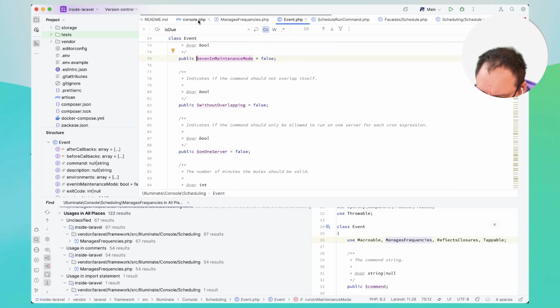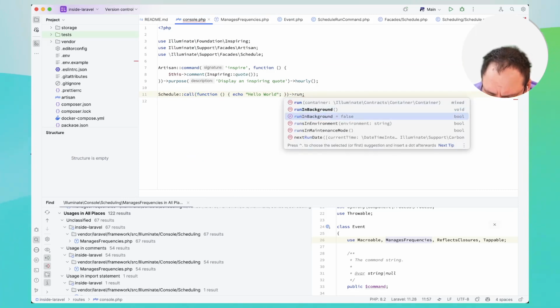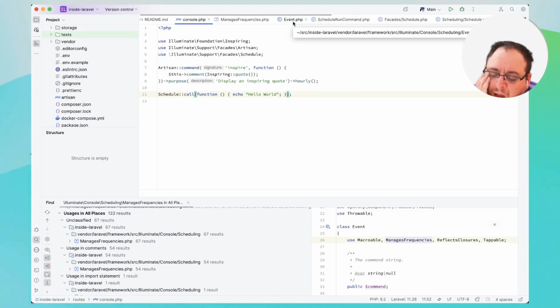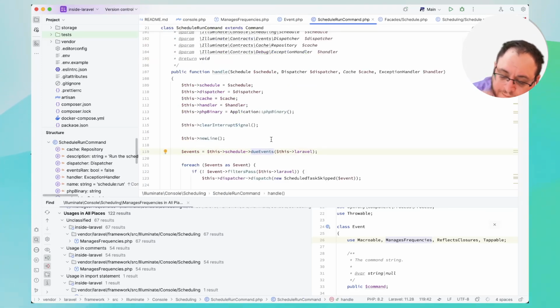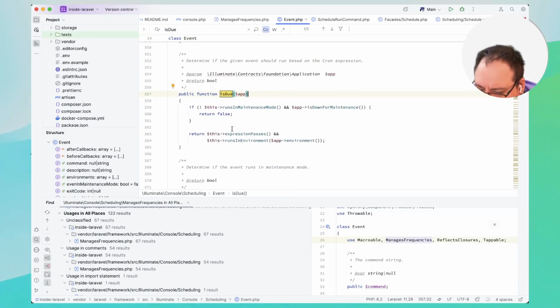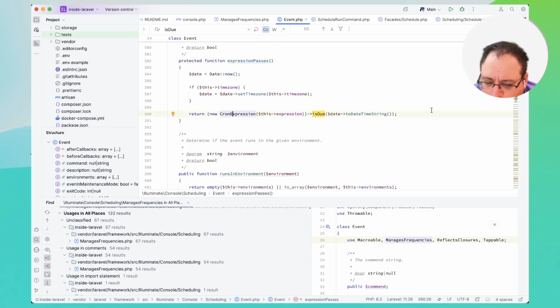That is, I think, something we can put here. Yeah, so runs in maintenance mode. We'll set that, so that'll run regardless of maintenance mode. I've never had a reason that I would want to do that, but there you go. And we'll go back to is due. So assuming we're not in maintenance mode and we are supposed to run it anyways, expression passes. I'm suspecting that it's going to look at the cron expression. And